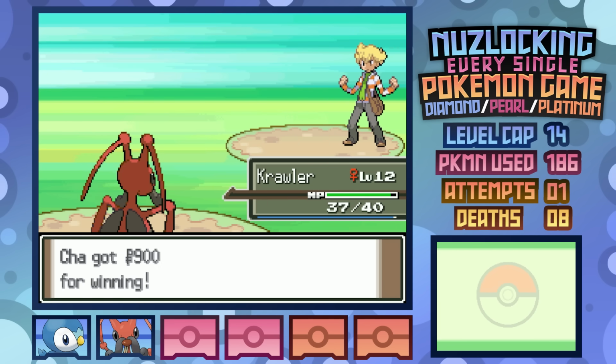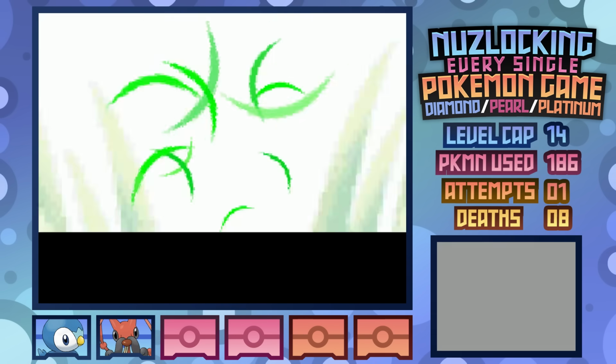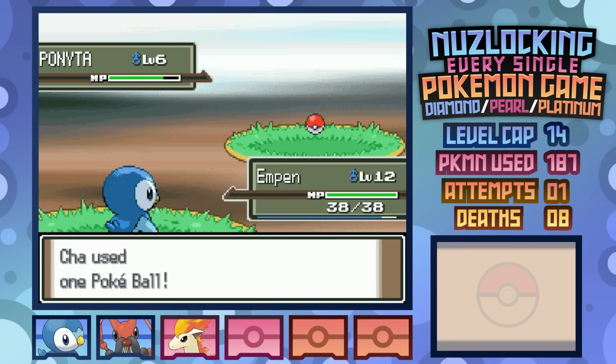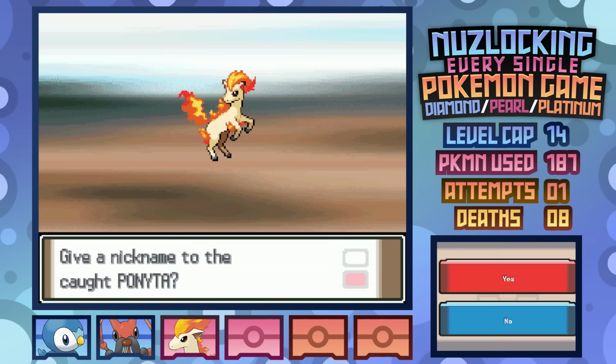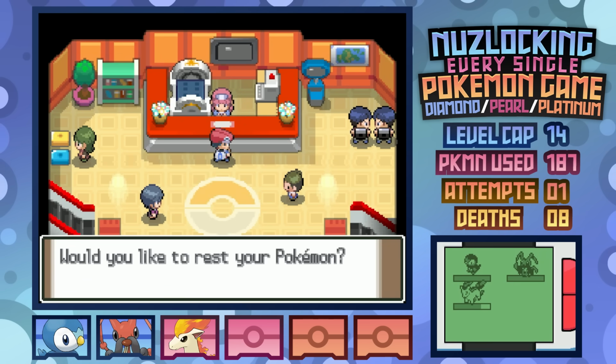Alright then, on to Roark. However, we do want to head up to Route 207 for one additional encounter, that being Ponyta. Ponyta is going to be serving the purpose of a physical attacker, as Rapidash has base 100 attack and 105 speed, making it a fantastic user of moves like Return, Bounce, Flame Wheel, and eventually Flare Blitz if we need